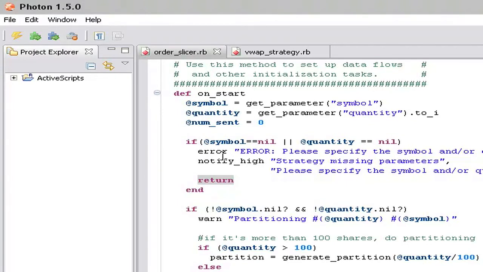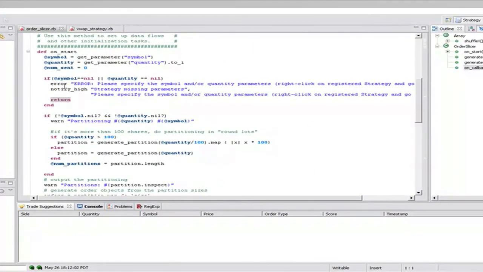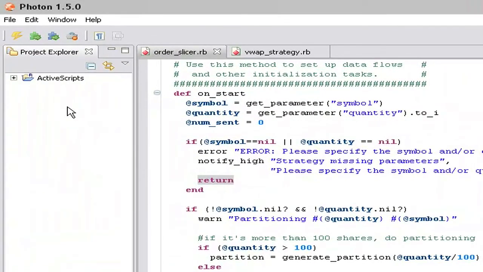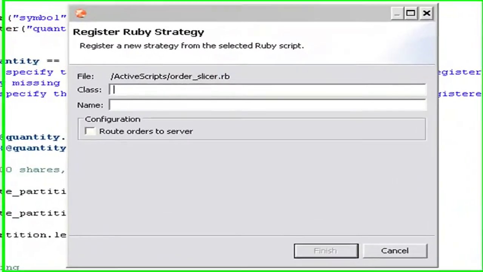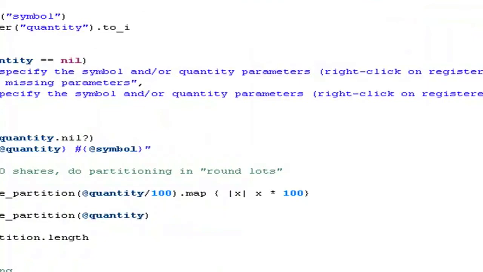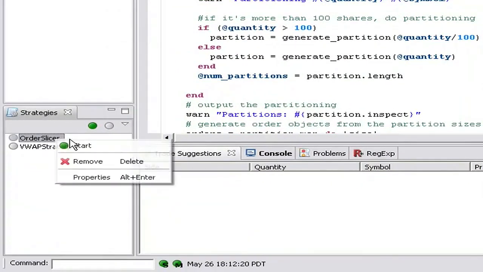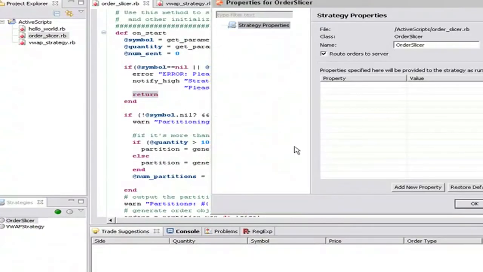This could be where you have a desire to send 10,000 shares out. You want to break it up into different buckets, and then you send out each individual chunk at a later time. So in this case, let's register the strategy, call it order slicer. Yes, let's route orders to server. But this time, notice that we're passing parameters to it. So in the GUI, the way you do that is you go to the properties view of a particular strategy,